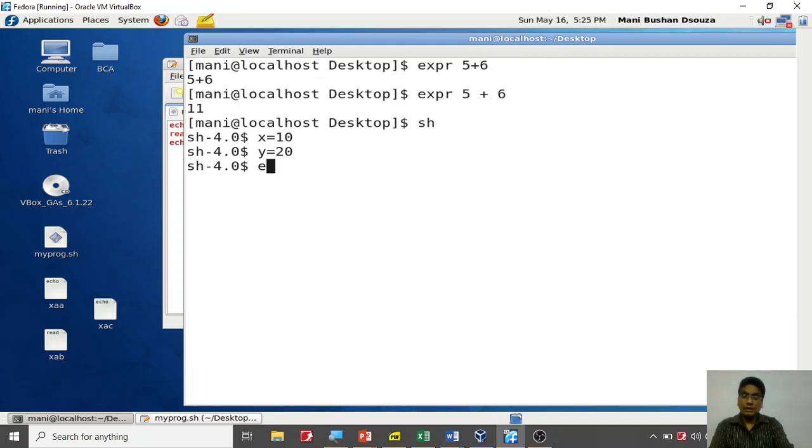Now if I say expr $x + $y, the reason for the dollar is that I want to get the value of x plus the value of y. It's going to be 30. In the same way, if you subtract it, you're going to get the result. And if you want to multiply it,